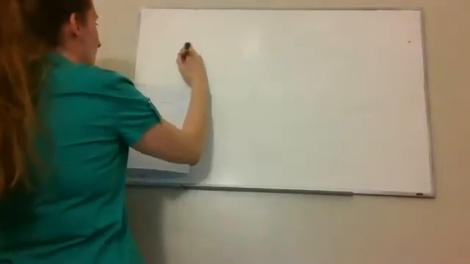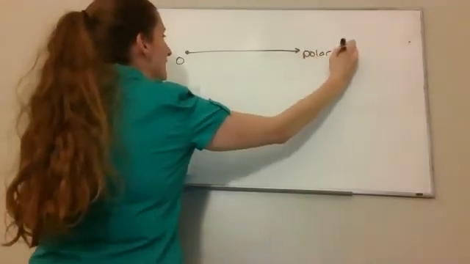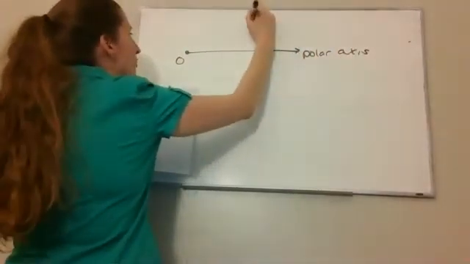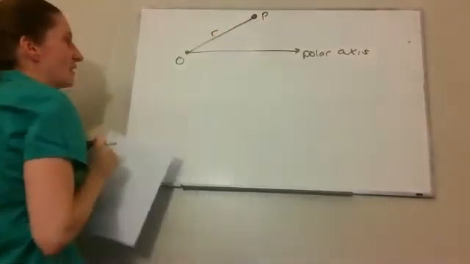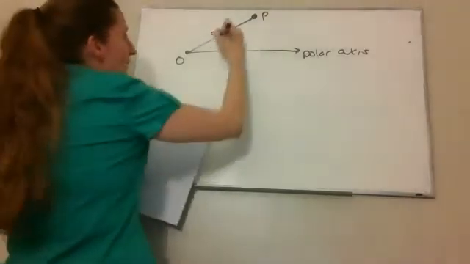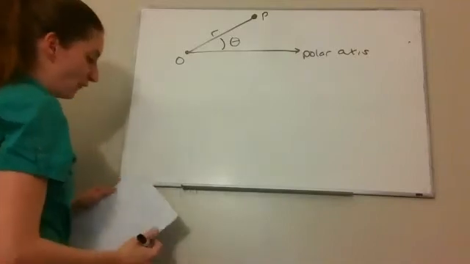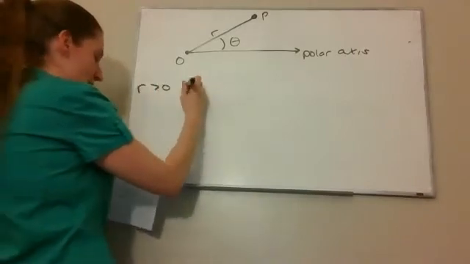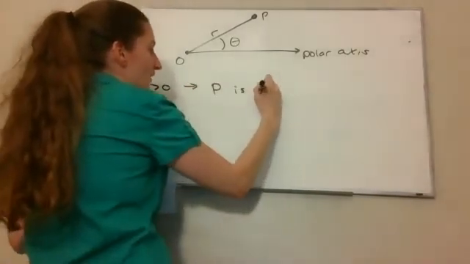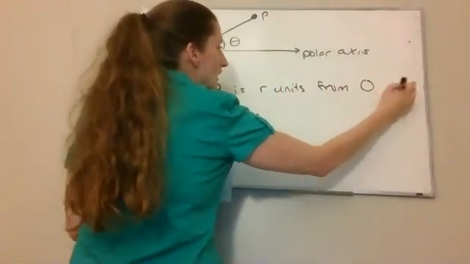So just a quick sketch of what this might look like. If this is my pole O, and here's my polar axis. Let's just say we have this point P up here. Well, r is going to be that distance between O and P. Theta is this angle that is formed between the polar axis and the line formed by OP. So if our r is positive, then P is r units from the pole in the direction